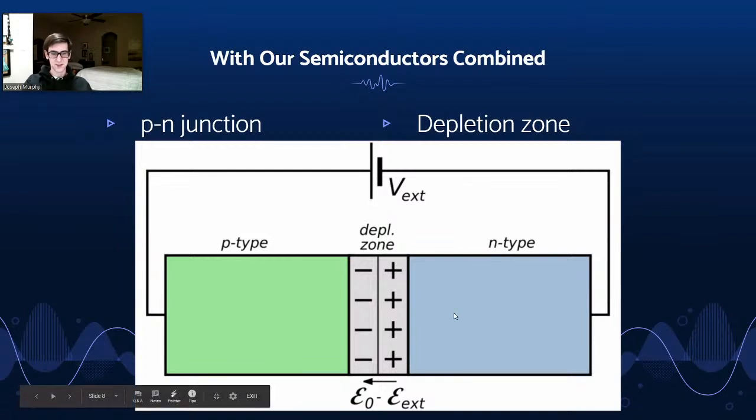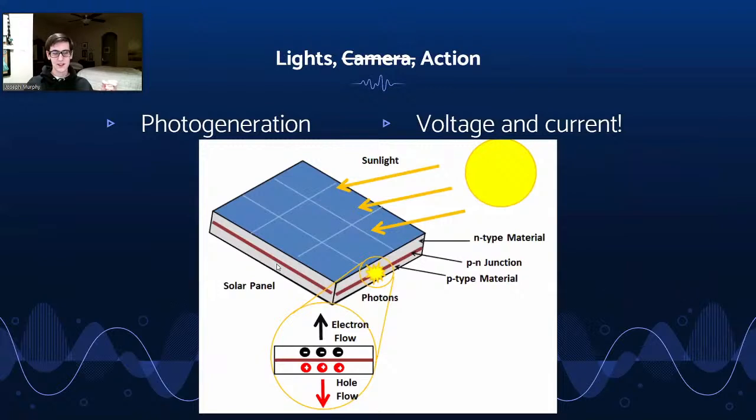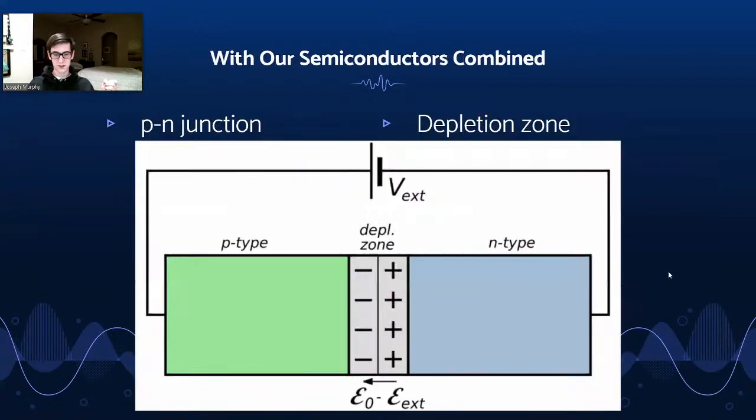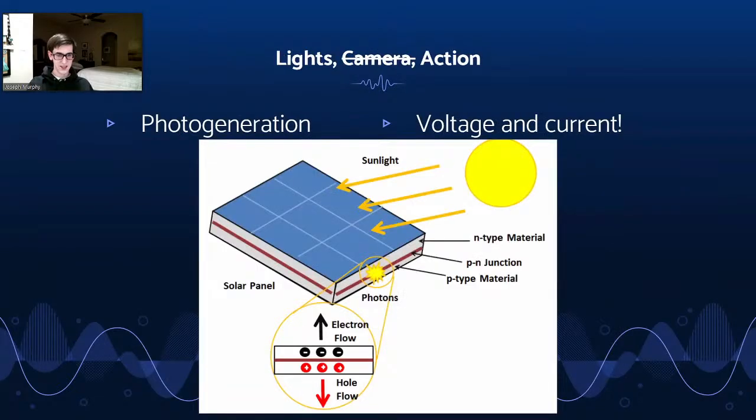It has to find some alternate route because of the electric field that was already generated by static charges that were created due to ionization from electrons that were already elevated from the valence shell to the conduction band by ambient thermal energy. That's a mouthful. So you'd think electrons would go from n to p, but they actually can't. They end up flooding into the n-type semiconductor, holes into the p-type. And now,